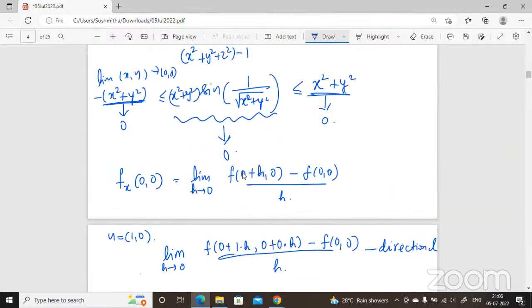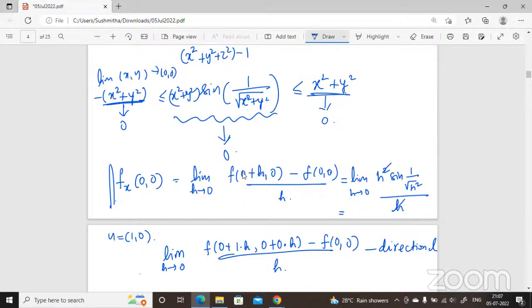Okay, at (0, 0) we have a problem, right? Yes. Then we have to use the definition only. And how are we using the definition in this one? Can you explain one part, please? Here you put this limit as h goes to 0. y is 0, x is h. So h squared sine of 1 by square root of h squared, by h. So this limit is